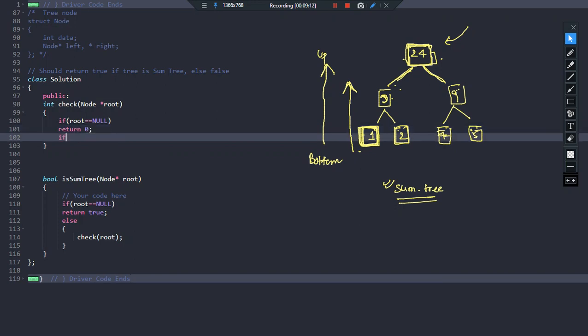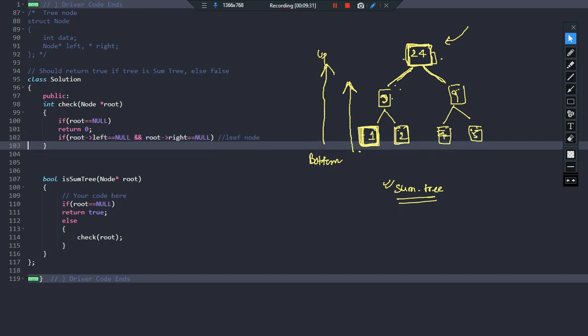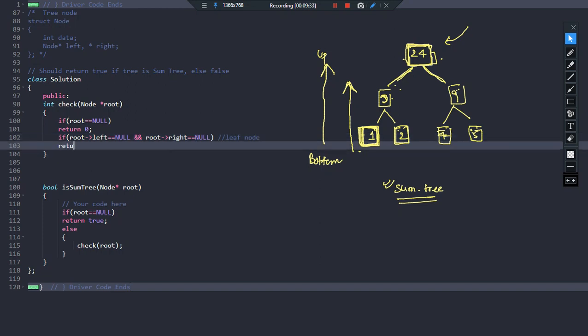Okay, and if my root left is equal to null and root right is equal to null, what does it indicate? It indicates that it is a leaf node, right? So I will return what? I will return root data.